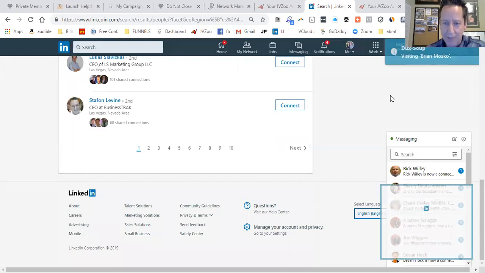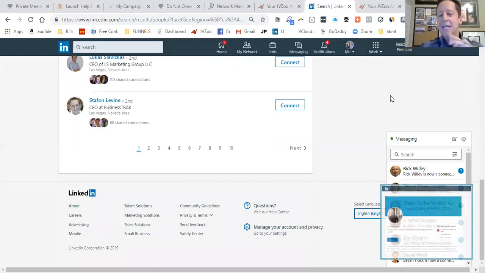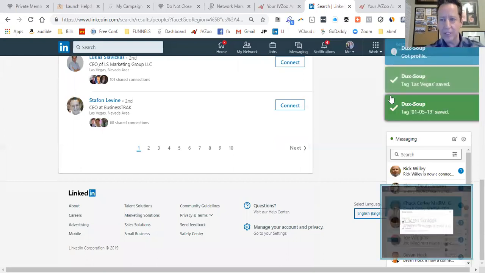And so it's not spamming. It's not going to look like a robot. It has random time delays in between. It does things so that the behavior mirrors exactly what it would be if you were actually physically doing this on your own. And what I love about this app is it's literally a set it and forget it. And so check it out.